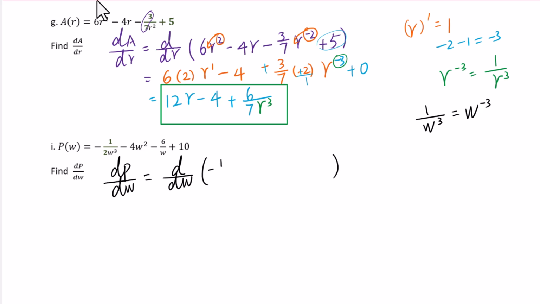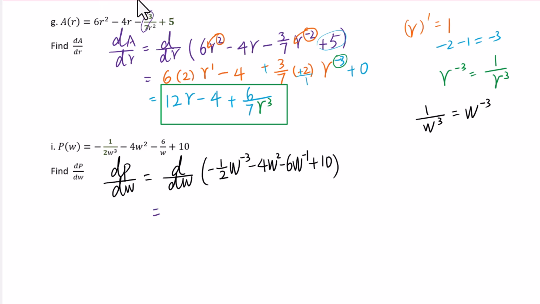Coefficient is negative 1 over 2. w to the negative third power minus 4w squared minus 6 w to the negative first power plus 10